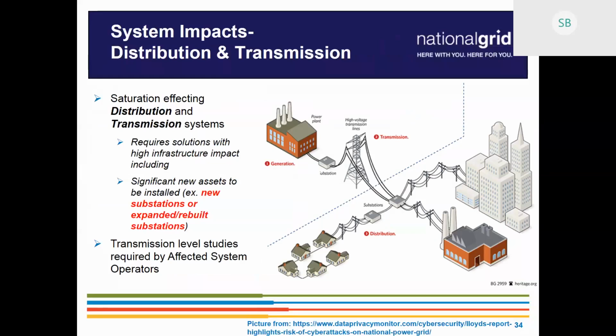When we get to the transmission level impacts, Carlos is going to talk through those in a few minutes, but it's the total amount that's trying to connect on the distribution side that is now trickling up and having a very real effect on the transmission side. So those are two different analyses that have to happen. Everything I've talked about so far is strictly from the substation downstream, and Carlos will talk more about the transmission upstream. The amount of penetration we have now, with the volume there is, is having a different kind of effect, and it's like a whole new world that we're trying to get into right now.